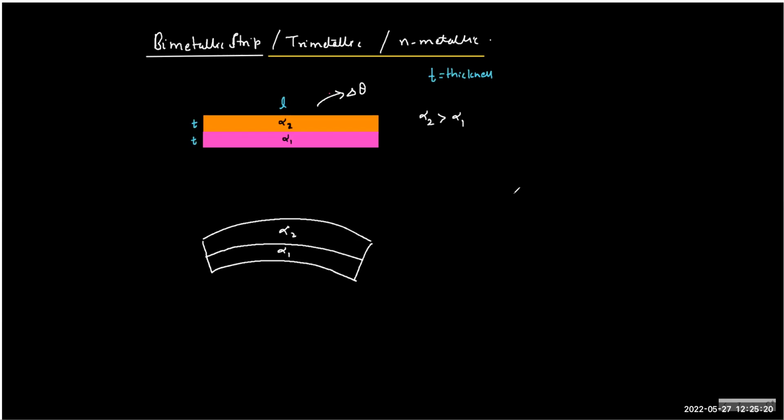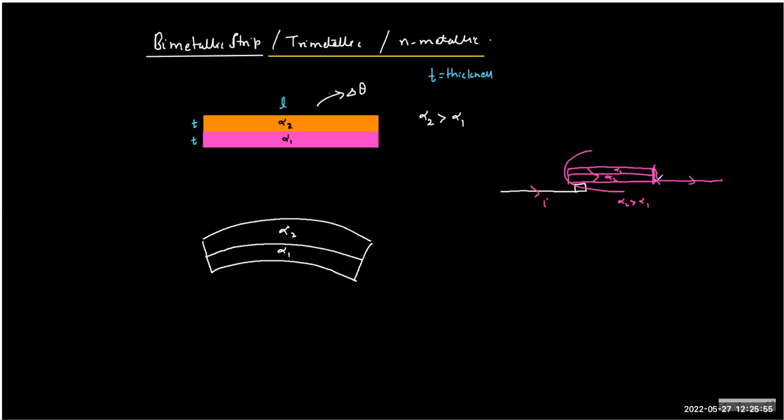Now, what we do is, in a circuit, we use a bimetallic strip as a connection. Let's say this is alpha 2 and this is alpha 1. Think about this situation, alpha 2 is more than alpha 1, and this end is fixed. And then we have the continuing circuit. As the current flows,